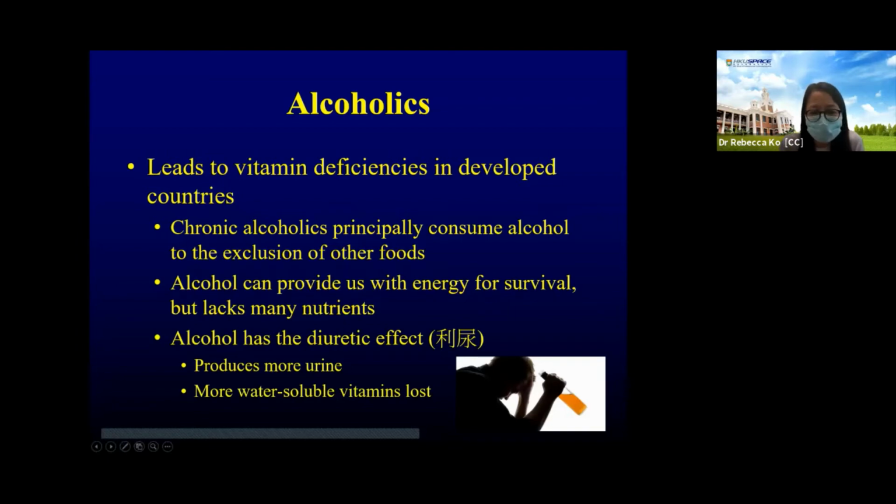Other than that, alcohol has a diuretic effect. That means we'll produce more urine and need to go to the toilet frequently. And thiamine is water soluble. So that's why more water soluble vitamins will be lost, right? Even if you take it, it is lost easily. And that's the problem. Get it? Okay,